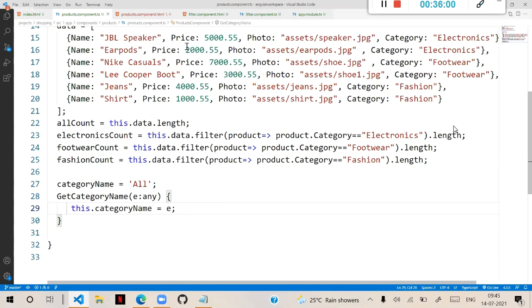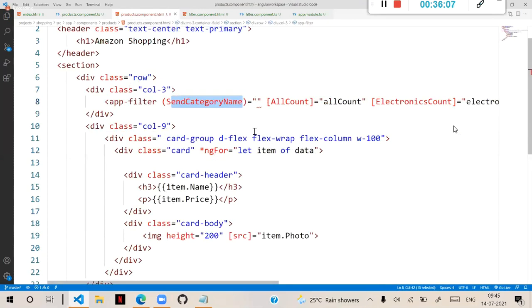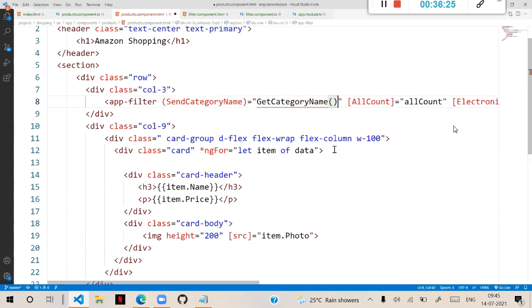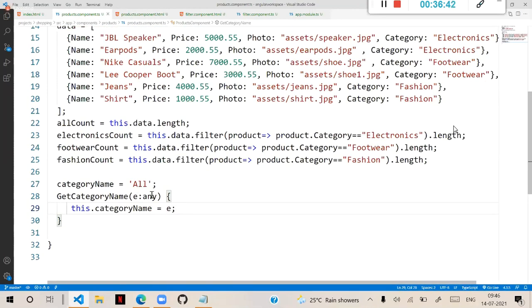So now go to the products component. Here we have to access the method get category name. Whatever the method name we gave, get category name, it is expecting the event argument. Into that we have to pass $event. That means this send category is a custom event which is emitting the category name. That category name will be sent through this $event. We will collect the category name through this event argument,